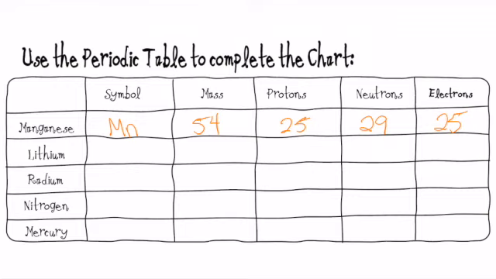Lithium, its symbol is Li, has a mass of 7, has 3 protons and 3 electrons, and neutrons, 7 minus 3, so it has 4. So complete the rest of the chart on your own. The mass of radium is 224. The mass of nitrogen is 14. And the mass of mercury,